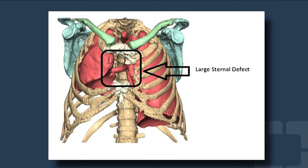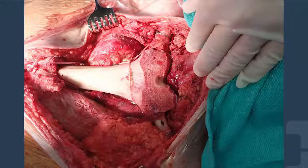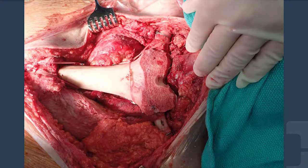With such a large defect, leaving the defect open would predispose the patient to direct trauma to his heart and progressive spinal deformity, both of which ultimately would be life-threatening. Working with a local bone bank and industry partners, we created a 3D model for an anticipated resection. We then used these measurements from the anticipated defect in the chest that we were able to create, and were able to identify a matching femoral donor bone allograft, essentially utilizing a third of a cadaveric femur to reconstruct